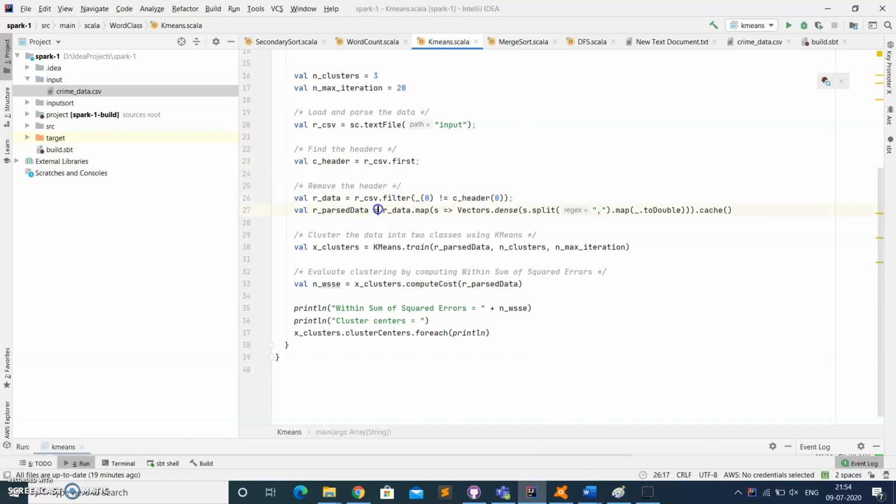After that, we are mapping the data into different vectors, and then we are using the inbuilt train method to send the parsed data as well as the input clusters as well as the maximum iterations. Initially, it will assign each observation to a cluster, and it will temporarily create the clusters.